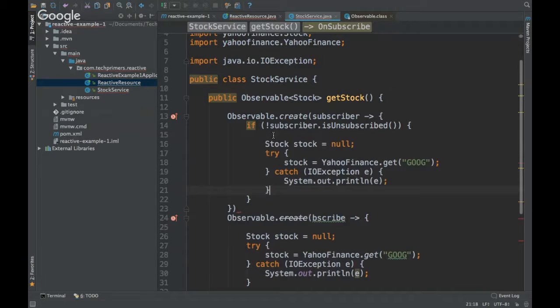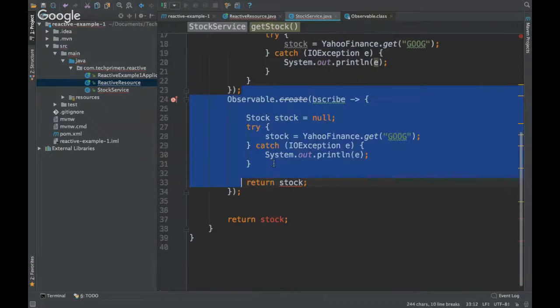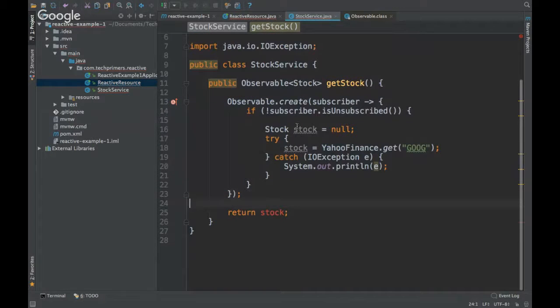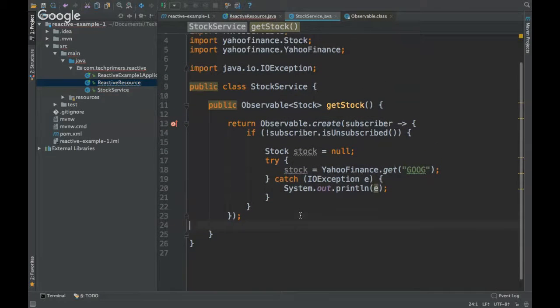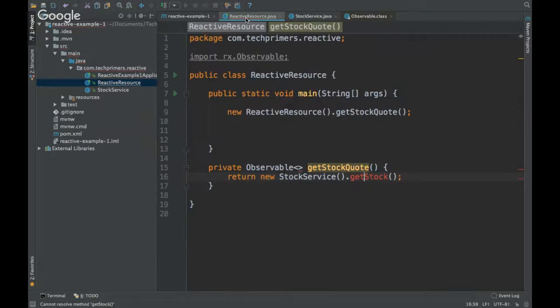So I'm going to go there. I'm going to remove this piece of code which is not required now. So this is what we need to return. Okay, so I'm just checking whether we are subscribed or not, and I'm going to get the stock information from the Yahoo Finance, and also how do we send this particular message back to the caller? So it's all asynchronous data stream. So the caller will have to just do a